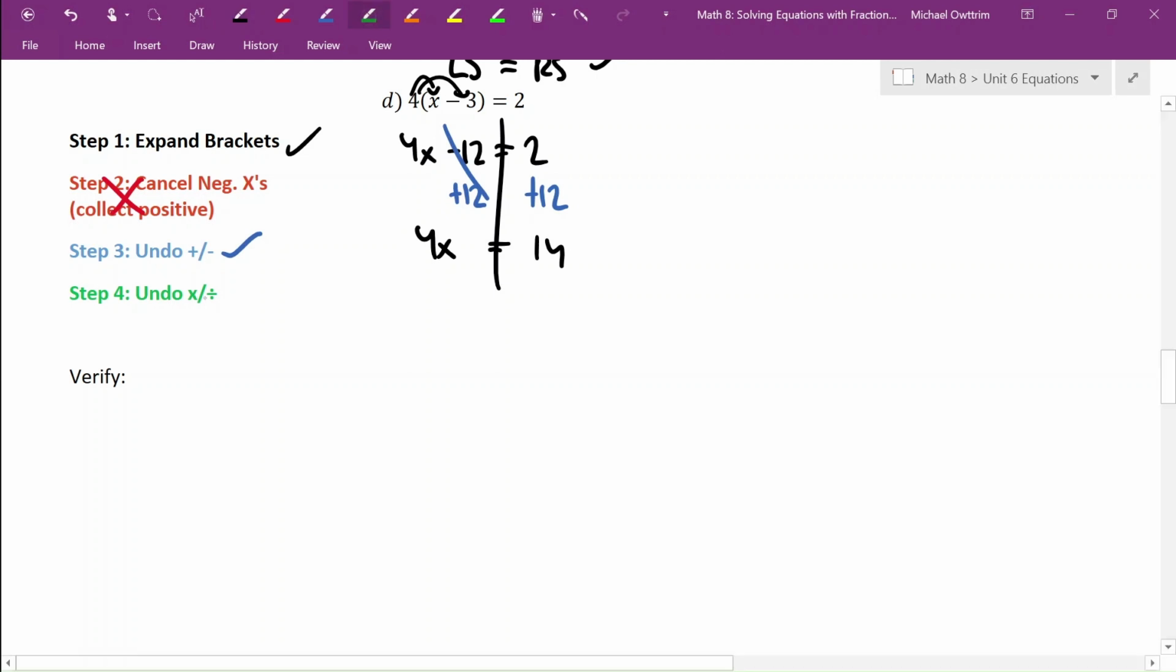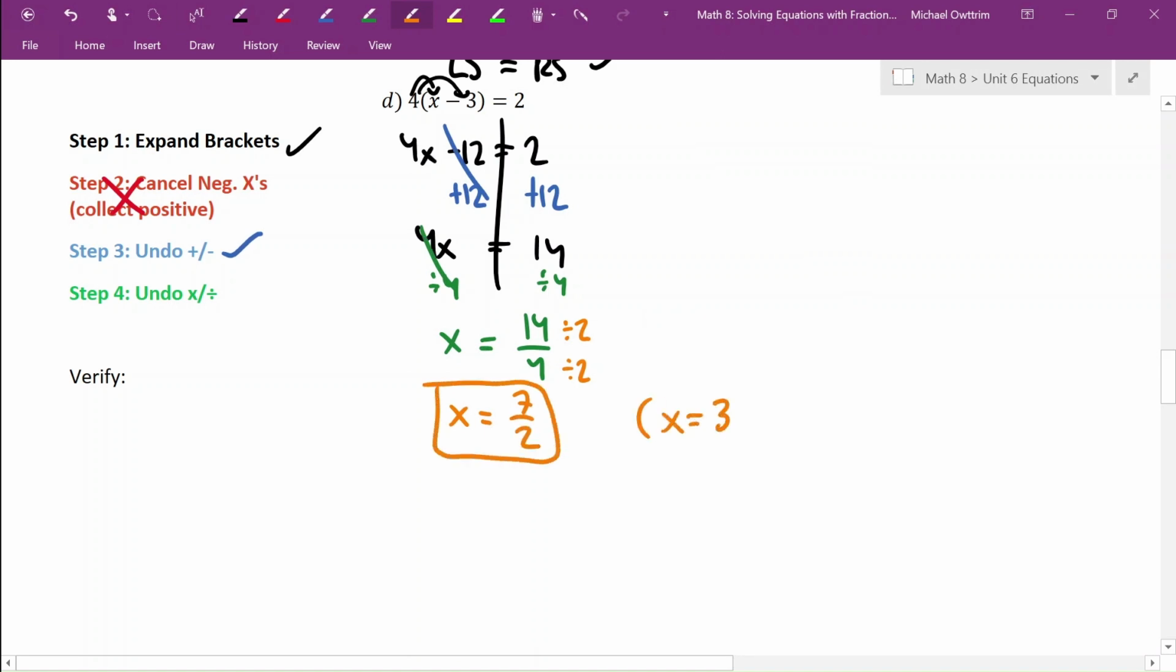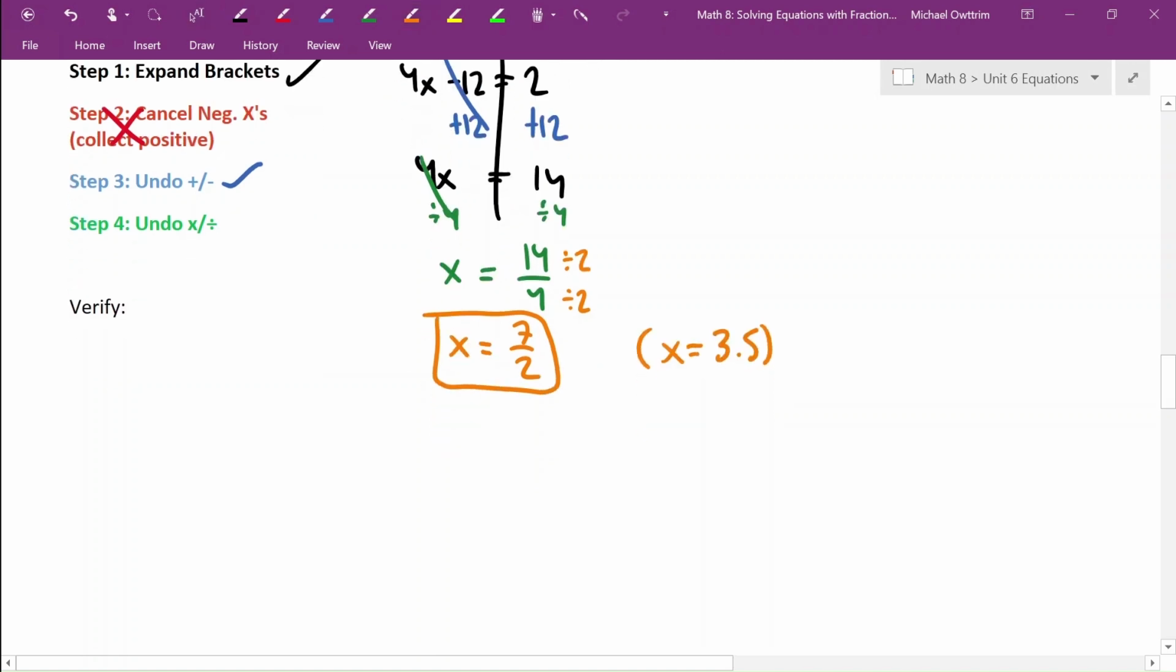Finishing up, I can undo multiplication or division. The opposite of multiplying by 4 is dividing by 4, and we'll do that to both sides of our equal sign. 4 divided by 4 cancels out, leaving us with x. On the other side, 14 divided by 4 is the fraction 14 over 4. And we can simplify that fraction by dividing those even numbers by 2. That gives us x is 7 halves. Now, of course, if you wanted, that is the decimal 3.5, but I'm going to keep it as a fraction